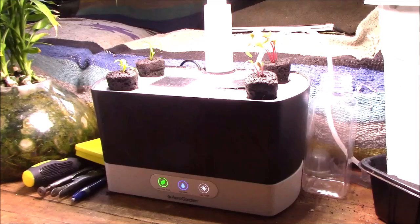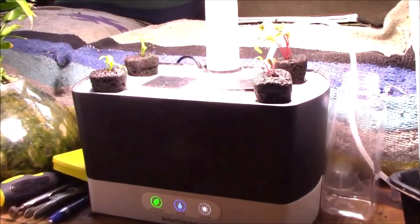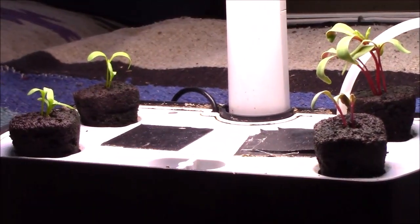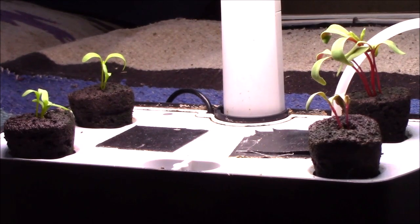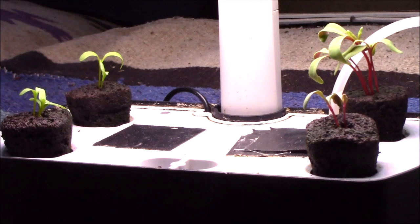And let's see if we can maybe zoom in a little bit on these plants. So, multiple tops in each one. Two of them look like they're red. The other two, I'm not sure what they're going to be. I'm not really concerned too much about the color, but I thought it would be interesting to grow one that